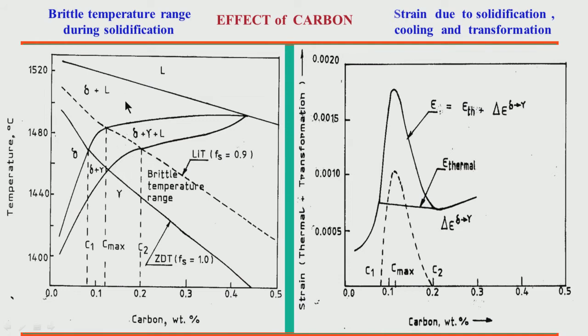Here also it is brittle, this temperature region, but as I have mentioned earlier, even if there is crack formation, liquid will go and heal those cracks, so the cracks will not remain. But if there is a crack formation in this brittle temperature region, those cracks cannot be healed, because then the liquid steel cannot penetrate in this temperature region, because the dendrites have started touching each other. So, towards the end of the solidification, this temperature region is the brittle temperature region, and